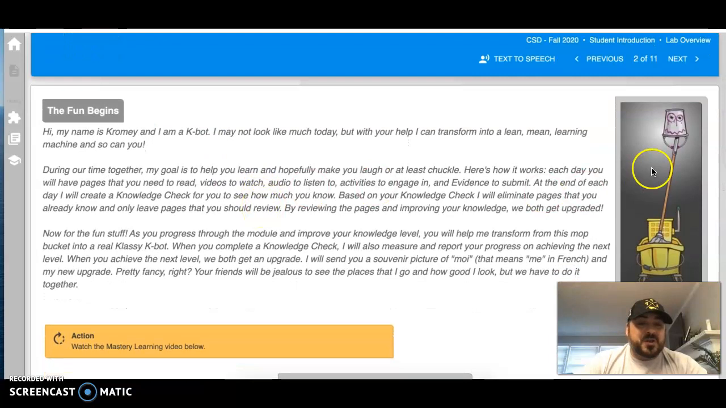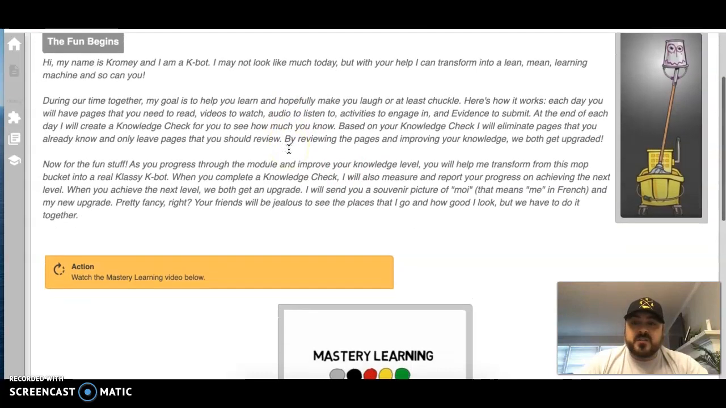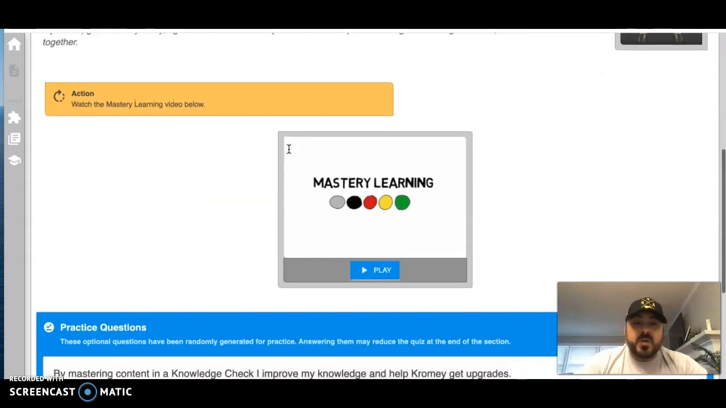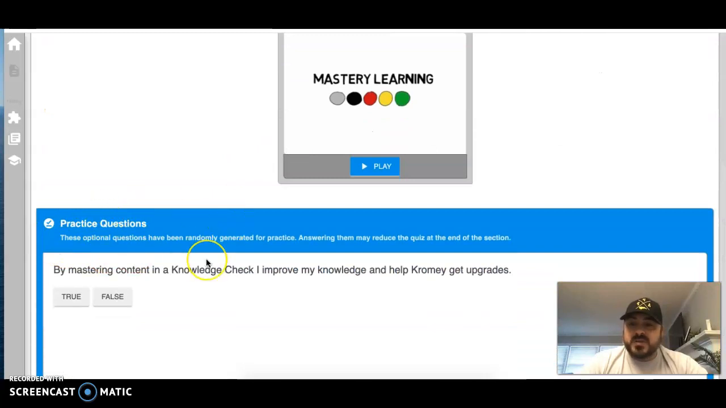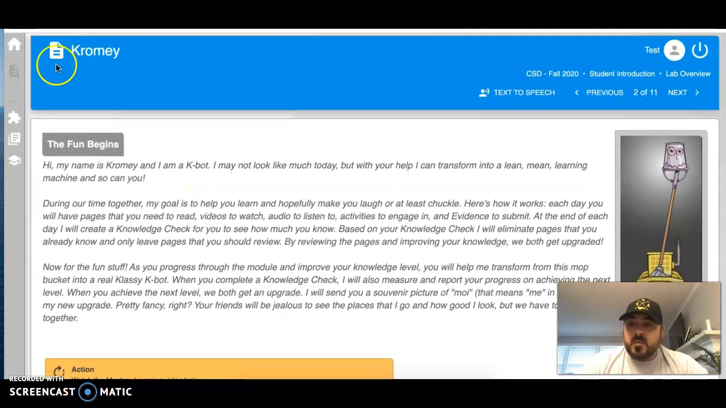Chromie is actually, if you look over here, a mop bucket with another bucket on top of the mop. But as you work through Paxton Patterson, Chromie is actually going to turn into a pretty cool robot. Every step you complete, every lesson you complete is going to add to Chromie's mop bucket. So it's kind of fun. This is going to walk you through step by step, just the introduction of Paxton Patterson and how the lessons are going to go. And it's got practice questions. And after you complete each page, you're just going to click Next. Okay. So I'm going to go back here